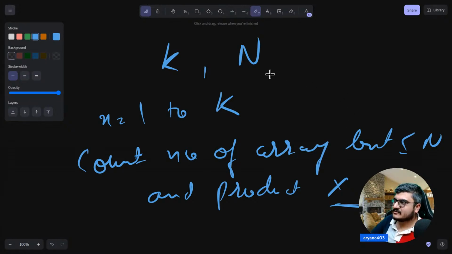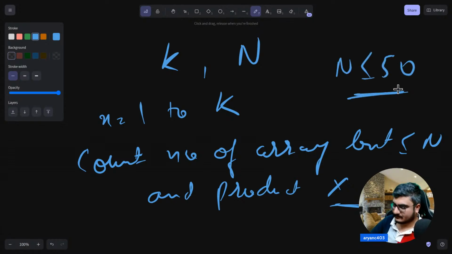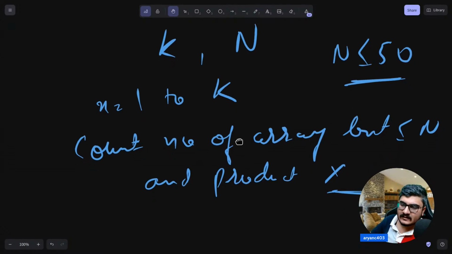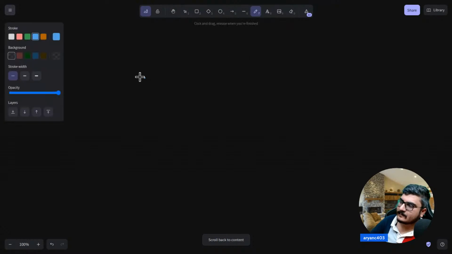The idea is, let's first forget that n is big. Let's try to solve for n less than or equal to 50. What will you do? Any ideas, anyone? The idea I would have is